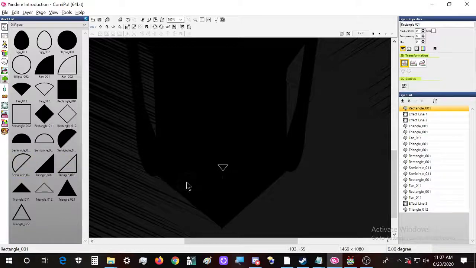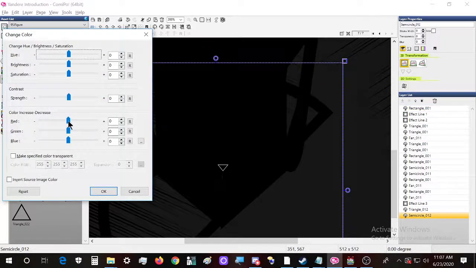Let's see how we portray the mouth. We can portray the mouth through something like this.